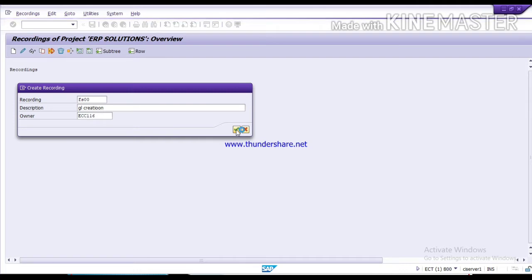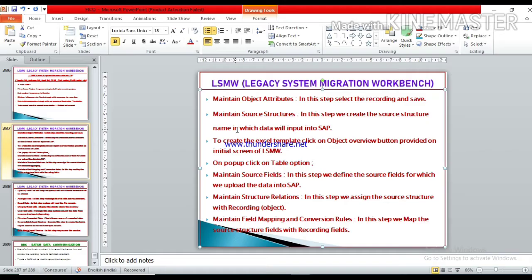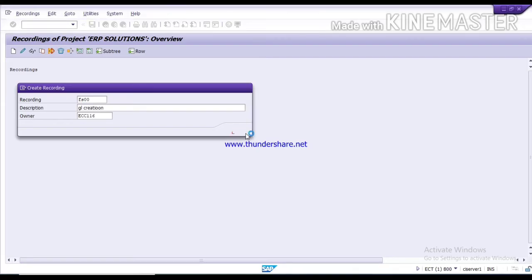Now it is processing. Let me check the network. Yes, it is working.